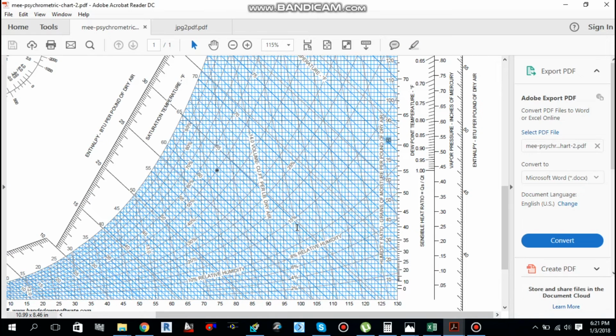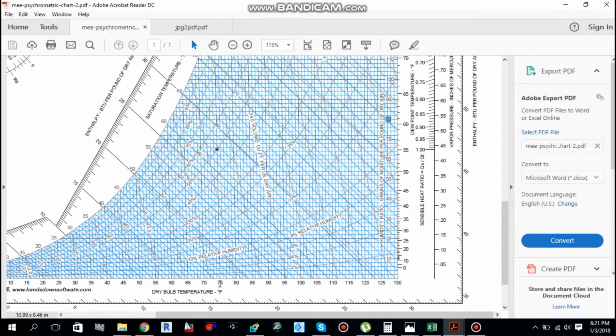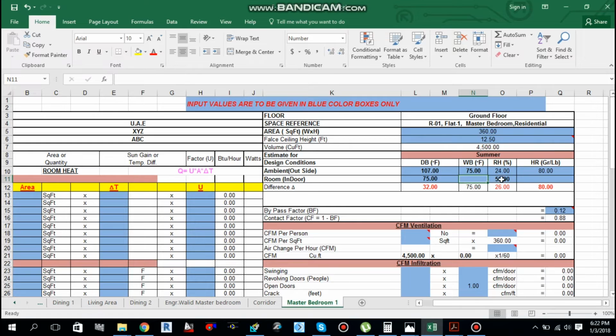Okay, move back to the psychrometric chart. We know that 75 is the dry bulb and 50% is the relative humidity. These are the relative humidity lines. You can see this point, 50%, intersecting over here. At this point, what is my humidity ratio? If I move over here, I get a humidity ratio between 60 and 70, but very close to 70. So I can take around 68. Okay, let's take 68.